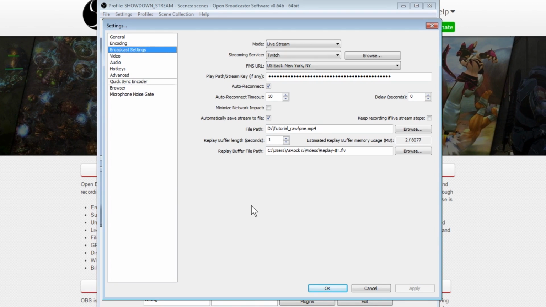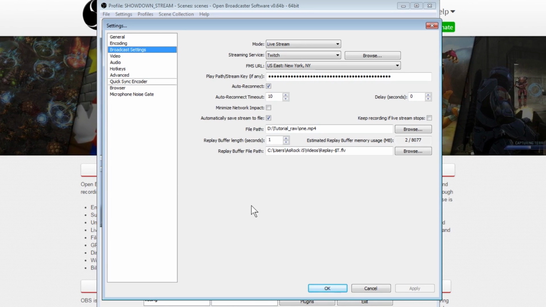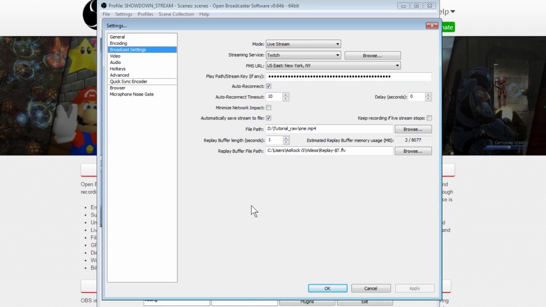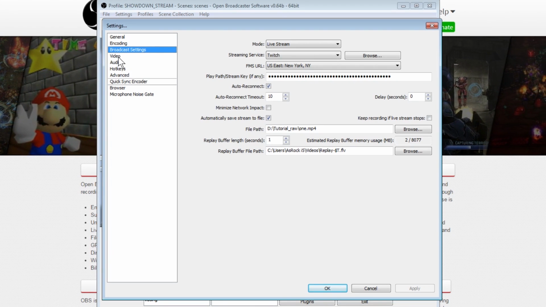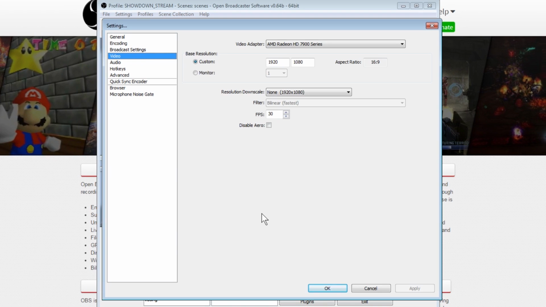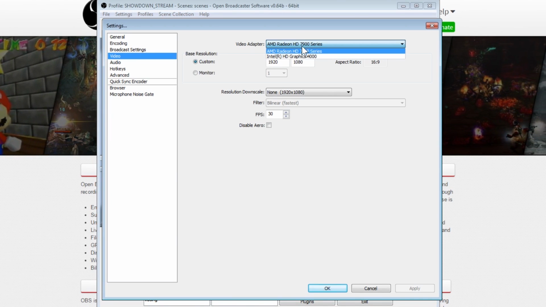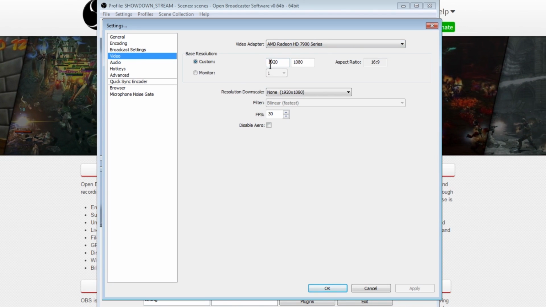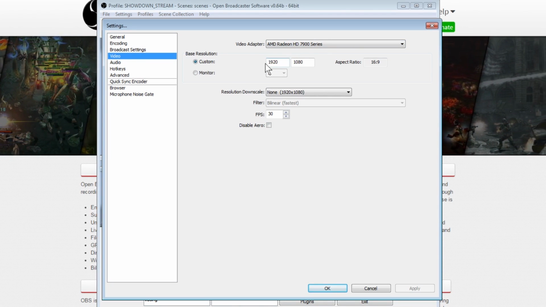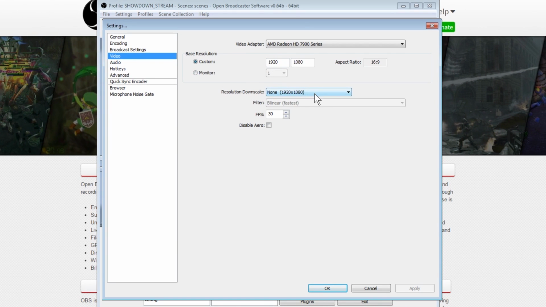And then you can even use OBS as a screen recorder. Be able to save the files right on your local hard drive to be able to do anything you want later on. That's what we're doing here. That's why that's checked. Video. Make sure that your graphics card is chosen here, not your integrated graphics card. That's important. Usually your native resolution will be at 1080p, and then usually you're going to want to